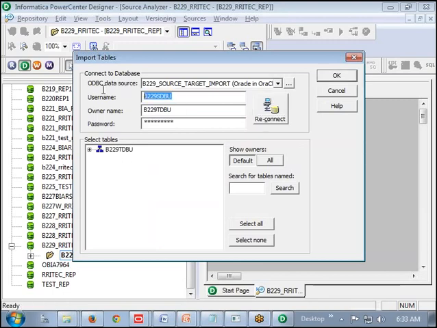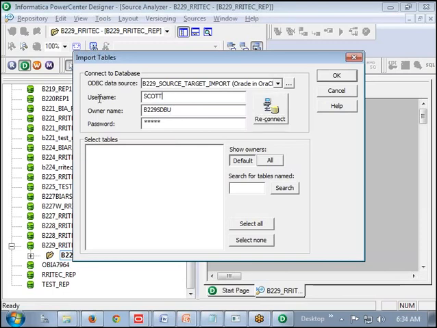Okay, using this user, we are trying to access. Of course, to access like that, this user should have the permissions to the schema. I mean to say, if I give here Scott, if I give here Tiger, and now I give here, let us say, B229 HDBU, then if I try to connect here, is it connected or not connected? It is not showing anything. Why? Because this user, the Scott user, does not have the permissions to access B229 HDBU.